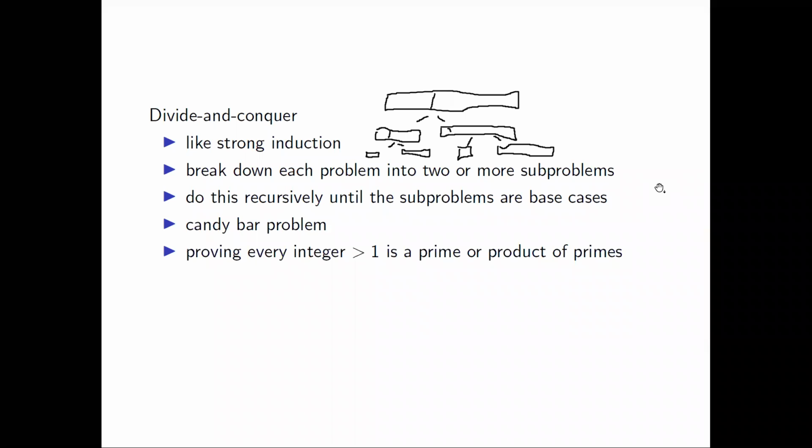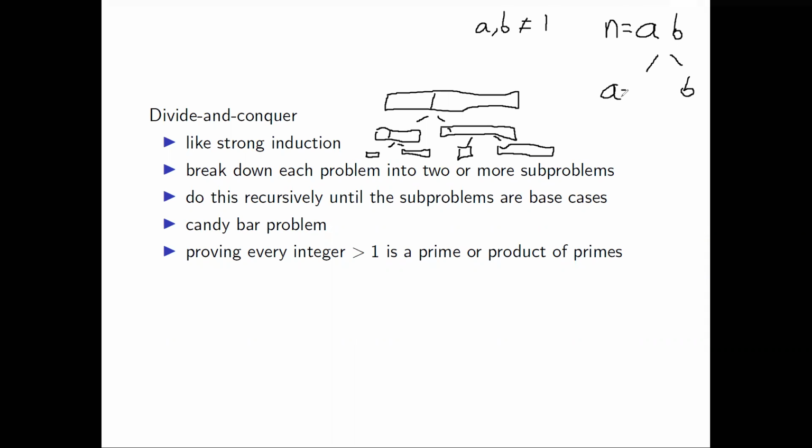Another one that was a strong induction proof that is a very similar idea to the divide and conquer was proving that every integer greater than 1 is a prime or a product of primes. So when we had some integer n, which was not a prime, we could write it as n equals a times b, where a and b were not equal to 1. Then we took the a and the b and we broke them down. And then we can say a equals xy